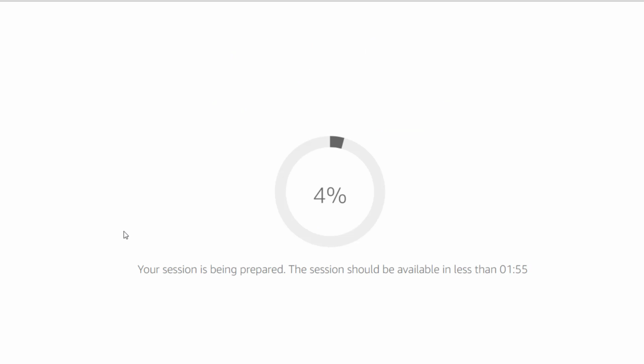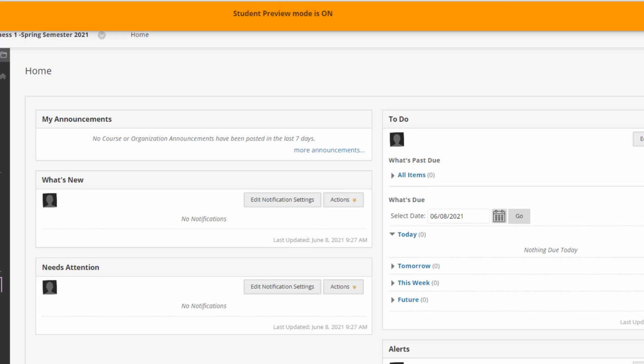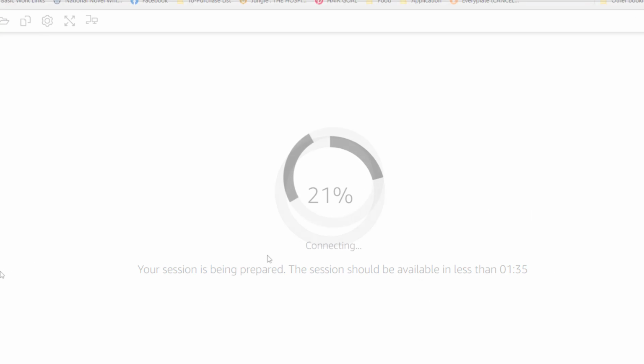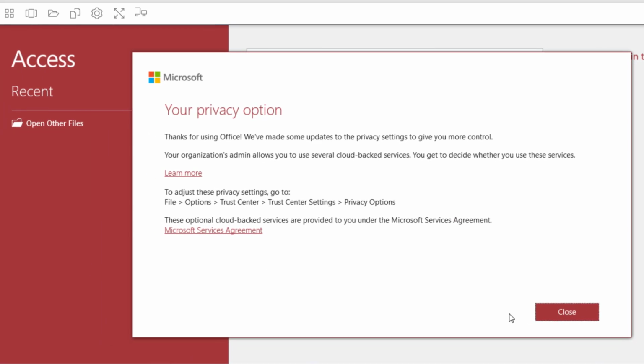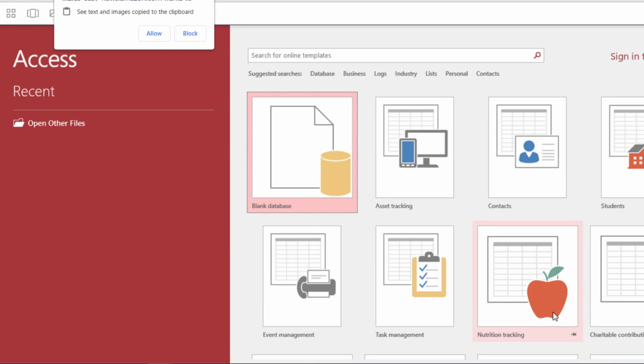Once you select the application, you'll be brought to a waiting screen while the online application loads for you. This can take a couple of minutes, so don't close the tab unless the window visibly freezes. Give it some time. You can go and look at other applications on your browser in the meantime on a separate tab. All right, and here we go.